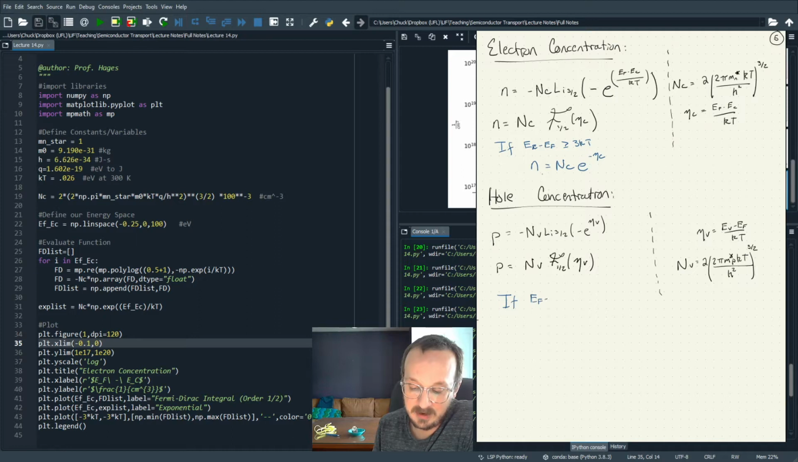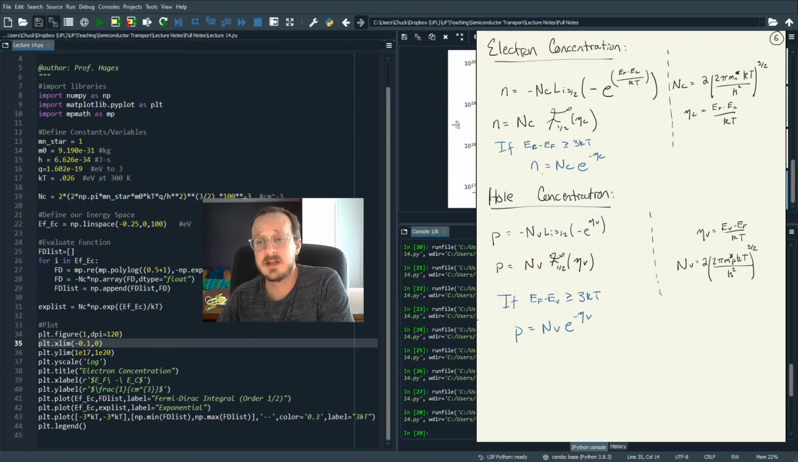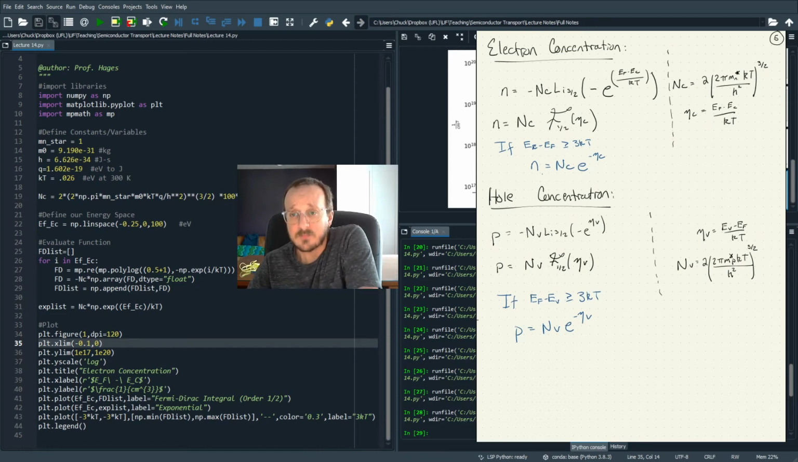If E_F minus E_V is greater than or equal to 3kT, so your Fermi level is greater than 3kT above the valence band, then our holes are N_V e to the minus eta V. And so now you have all the tools to be able to derive these things for any system. All you need to do is know your effective density of states. And we can plot our total electron hole densities